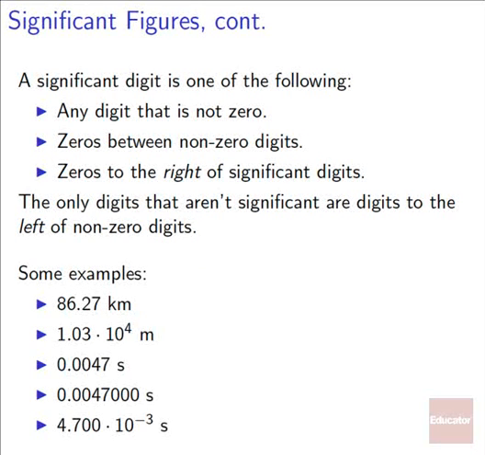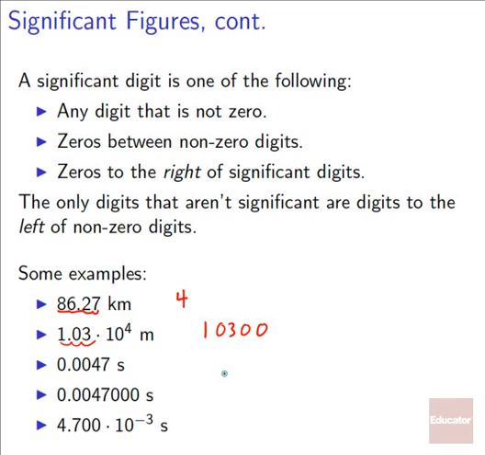But let's try some other examples. So our first one, we've got 1, 2, 3, 4, so this would have 4 significant figures. This one has 1, 2, 3, and what about that times 10 to the 4th? If we were to have 10 to the fourth, well, that would be 10,300. But if we had 10,300, what we'd be saying is we had precisely measured 10,300,